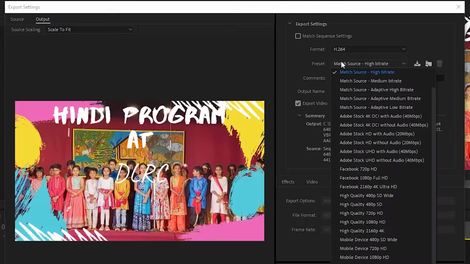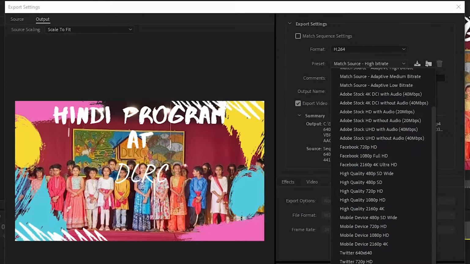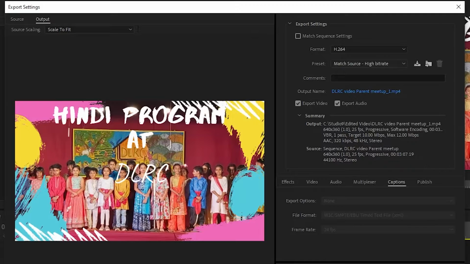So now we're going to go to presets and now you'll start seeing Adobe Stock HD. Now you start seeing Facebook. This will all be for exporting to Facebook. Now you're going to go high quality. You're like, yeah, that's normal. And then you have mobile devices for your mobiles. You have Twitter, VR Monoscopic, Vimeo, and now finally you have YouTube. So I'm just going to export this as a YouTube video of Full HD 1080p.